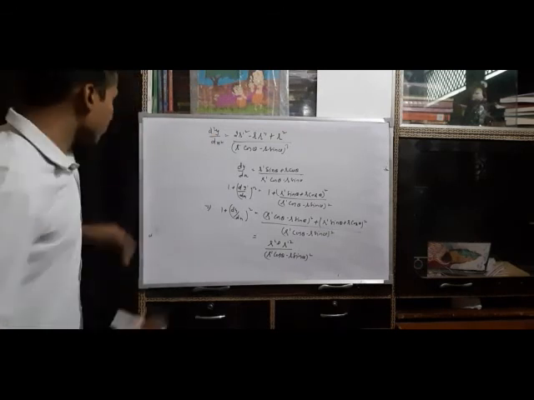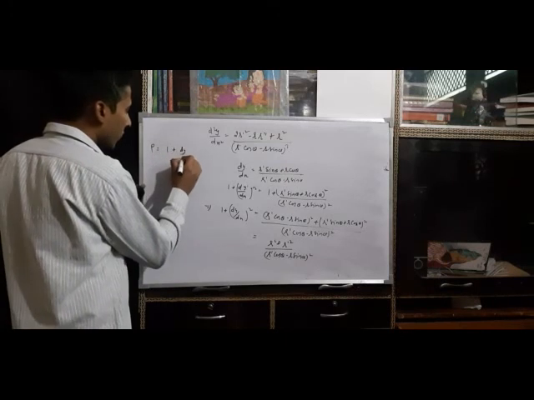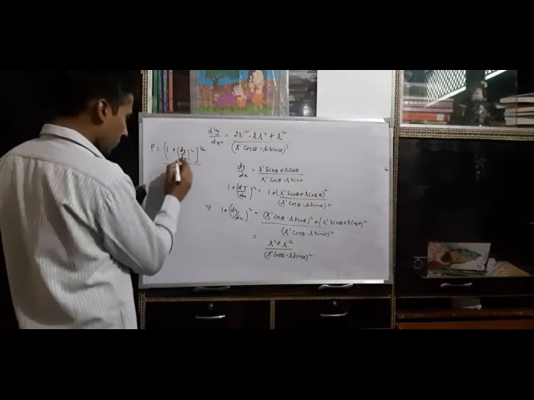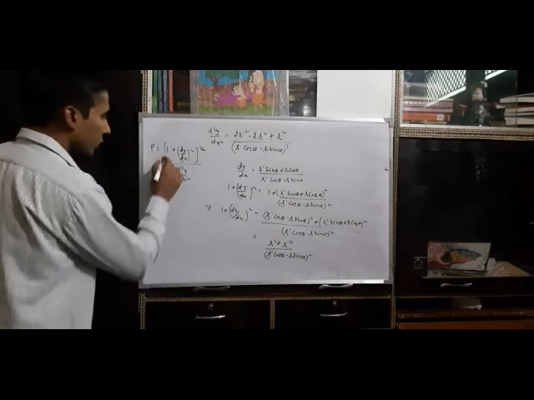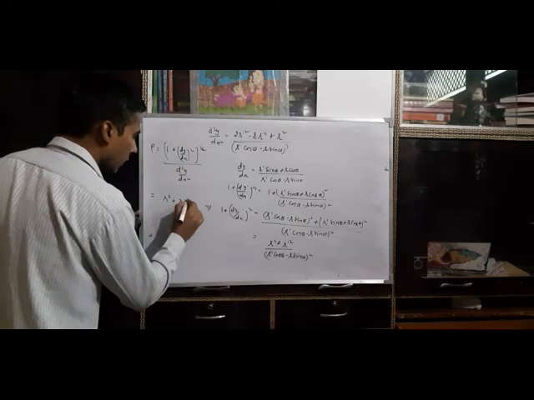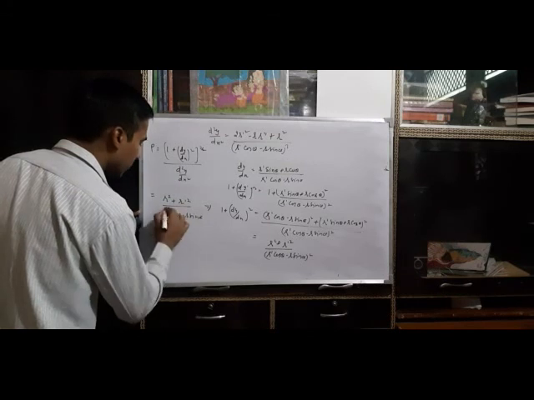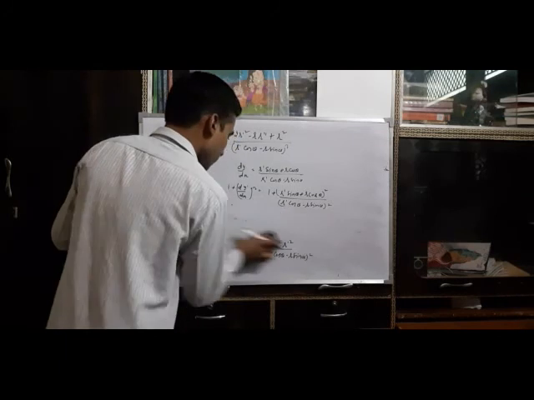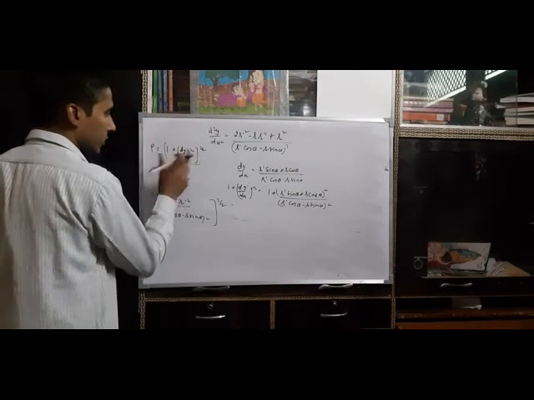Now the radius of curvature is, we know, (1 plus (dy by dx) whole square) to the power 3 by 2 divided by d square y by dx square. When we use all these values, we get 1 plus (dy by dx) whole square as (r square plus r prime square) divided by (r prime cos theta minus r sin theta) whole square, and the power of this is 3 by 2.